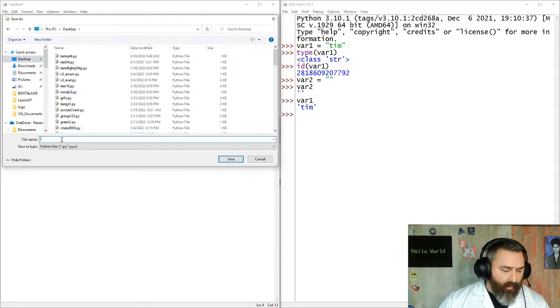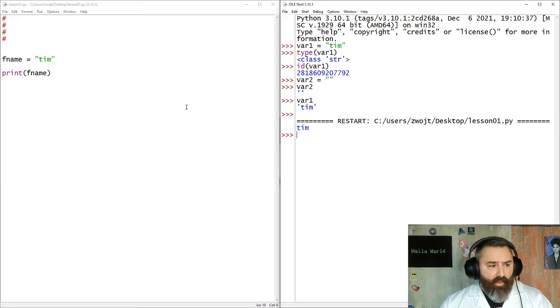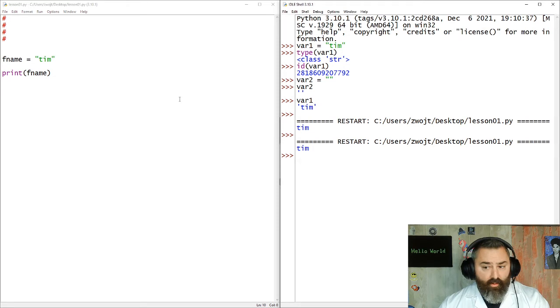It's always messy already. And I'll name this lesson 01. Hit enter. And it runs, and I get Tim back. Now I'm back in this window. I'm going to hit F5 again to run it again. And you see it pop up in the shell. Cool, right? Basically, I defined a variable in memory, a space, put the string Tim in there, printed my variable,